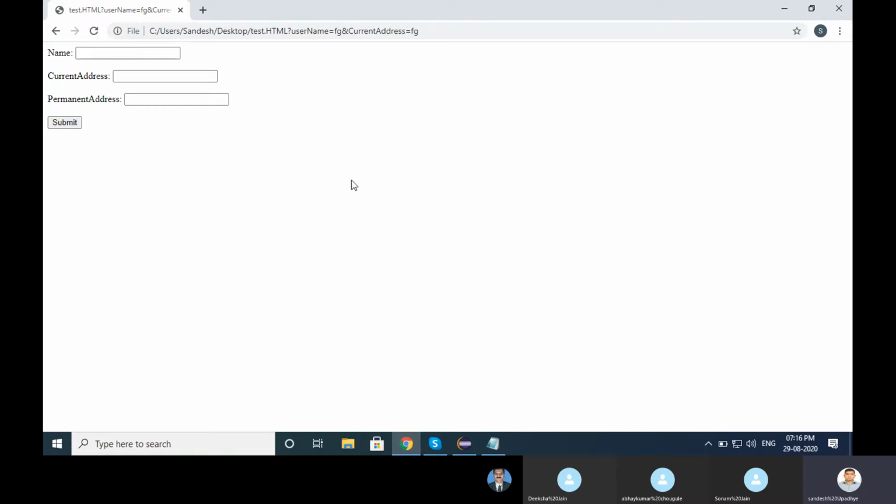Here my agenda is I want to enter some name, let's say suppose Sandesh. I want to enter address Pune. Then I want to pass keyboard events. I want to pass Control plus A, which means select all, right? Then Control plus C to copy, and then I want to come here and press Control plus V. Then click on the submit button. This is my agenda. So for this situation, let's see how we can work with the action class.